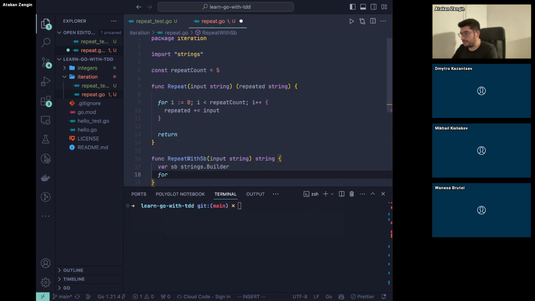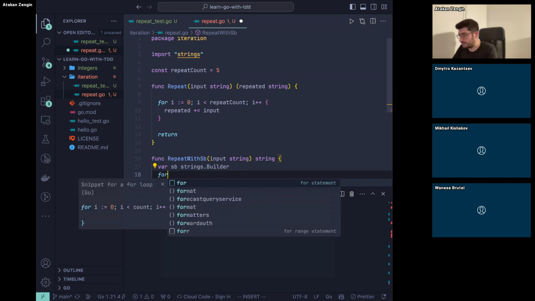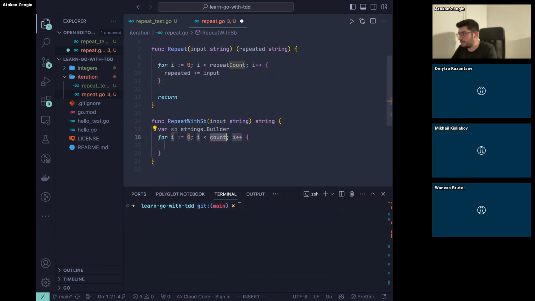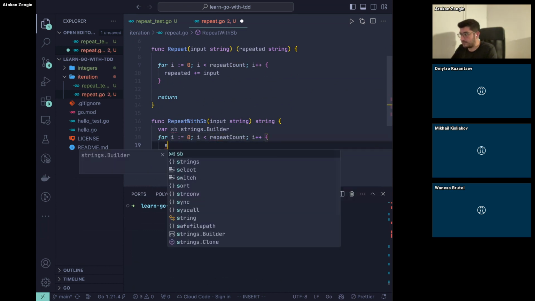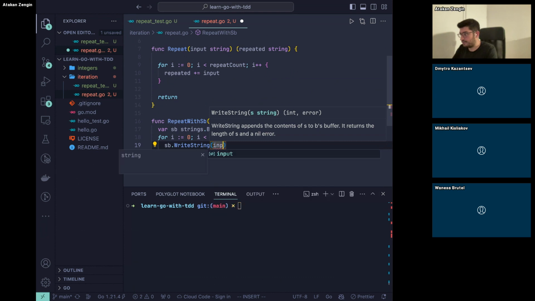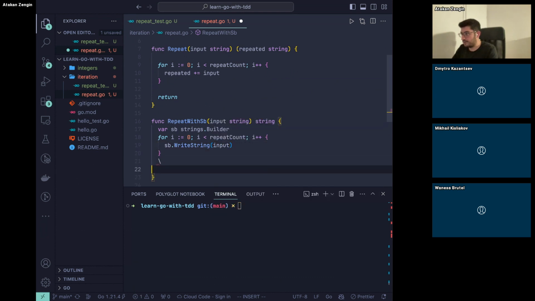And we're going to write a for loop. Let's use the auto-completion for this one. Okay, i is equal to 0, i is smaller than the count, i++. We're going to sb.WriteString. As you can see, you can also write runes and bytes. Runes are basically characters in Go, but you can also write bytes if you would like to, but we're going to write the string, which will be the input itself. And then we're going to return